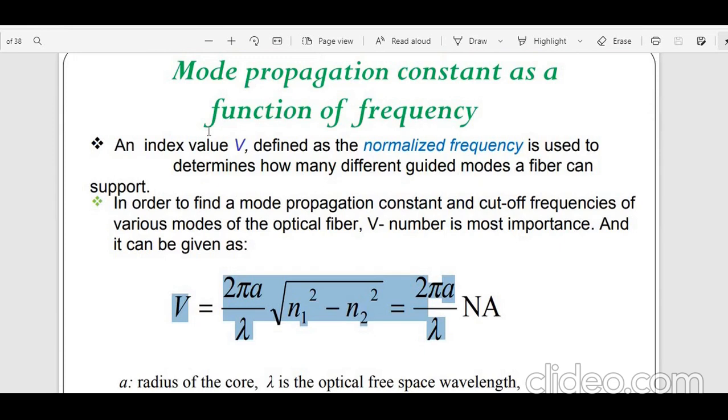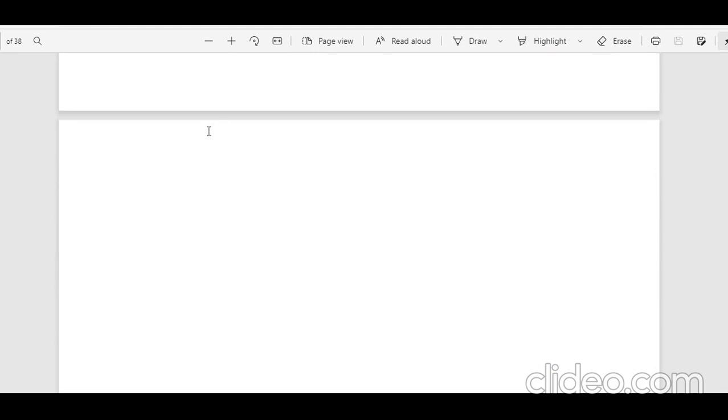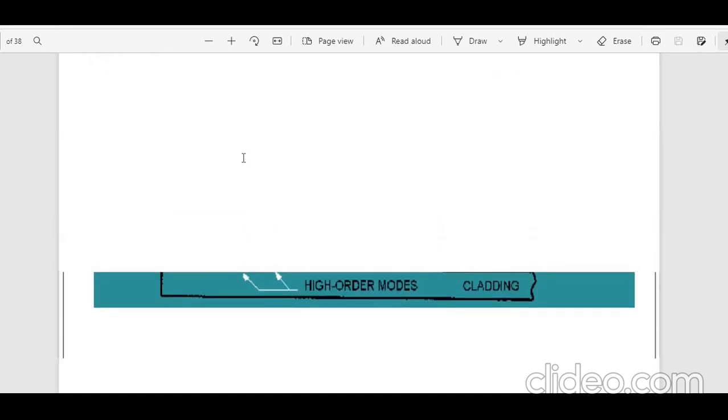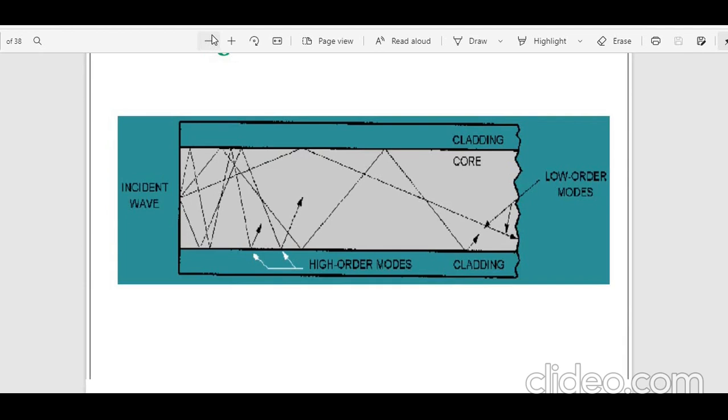Let's take a quick recap of what we have learned in today's session. We started from our first topic of discussion, the mode theory, and how the mode theory is obtained. From there we proceeded with the kinds of patterns we have seen, TE mode and TM mode. We have seen in the core and cladding how the light forms for higher modes and for lower modes. We also tried to find out the importance of that in optical communication. Then we ended our session with TE modes and hybrid modes.